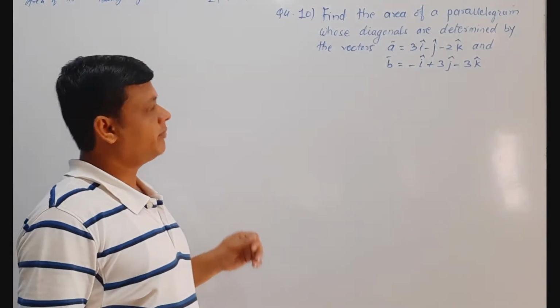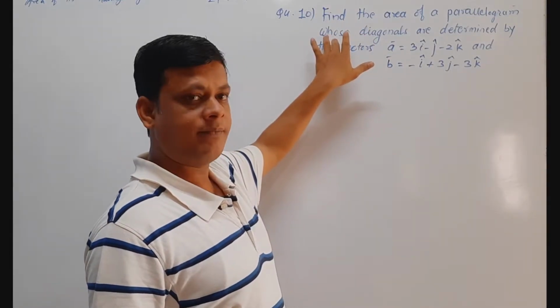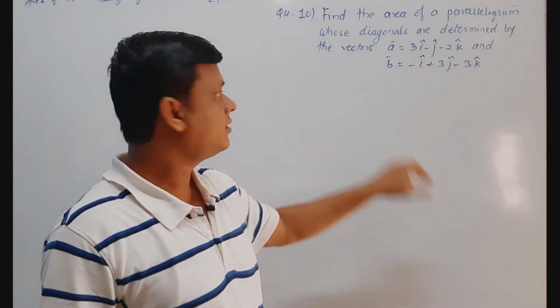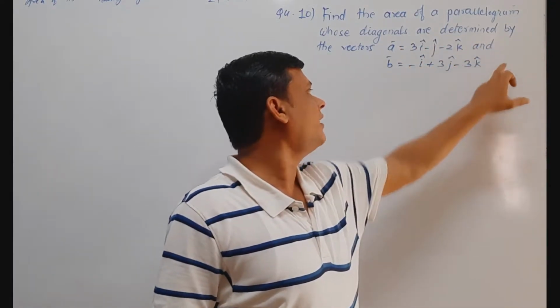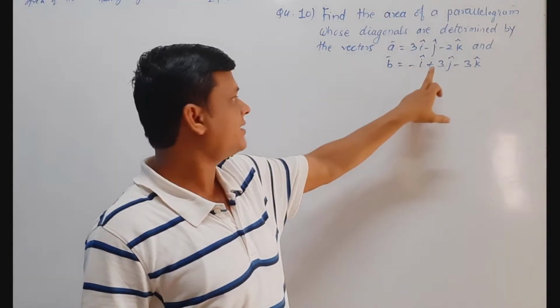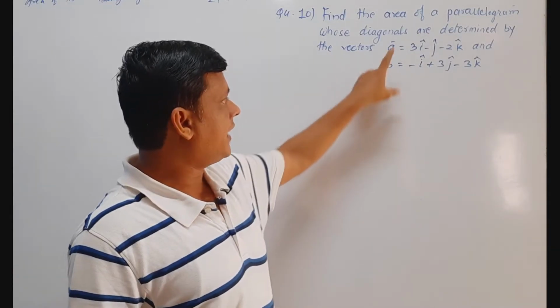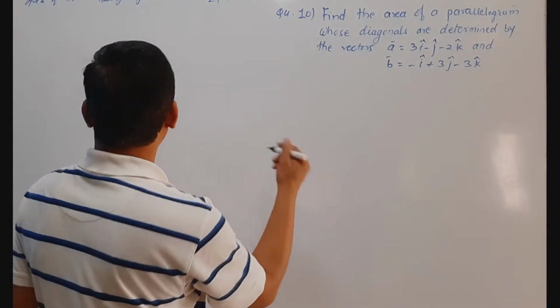Now see question number 10. Find the area of parallelogram whose diagonals are determined by the vectors A bar equals 3i minus j minus 2k and B bar equals minus i plus 3j minus 3k. Here diagonal vectors are given. So we use the formula